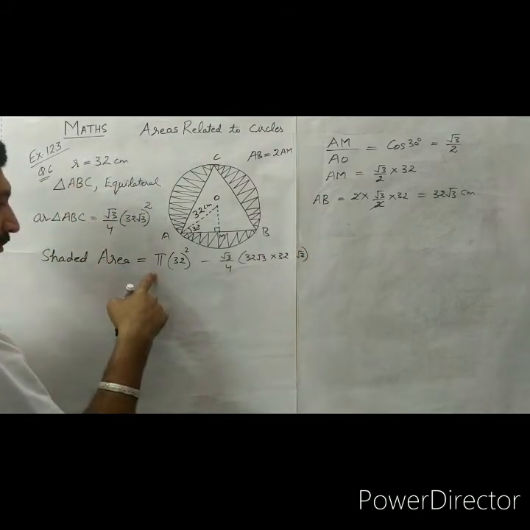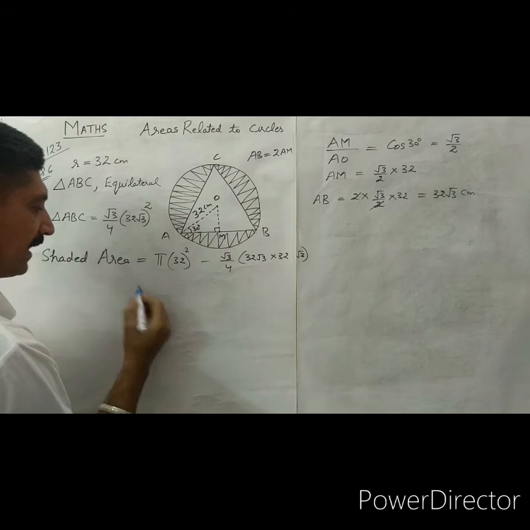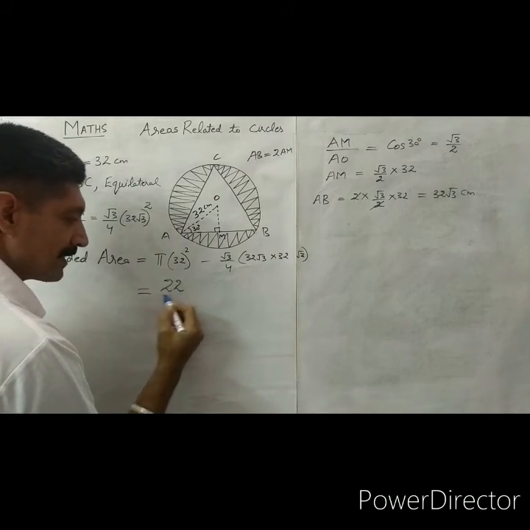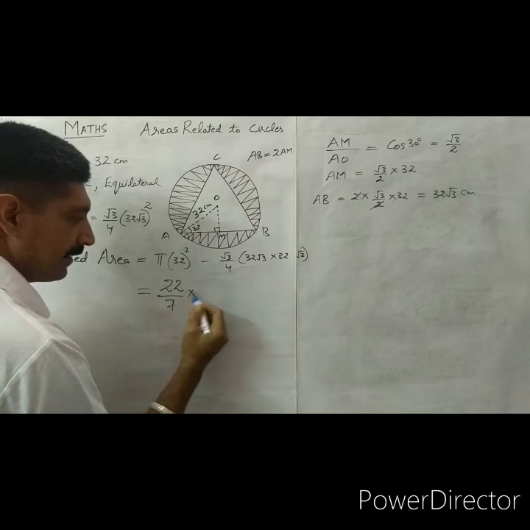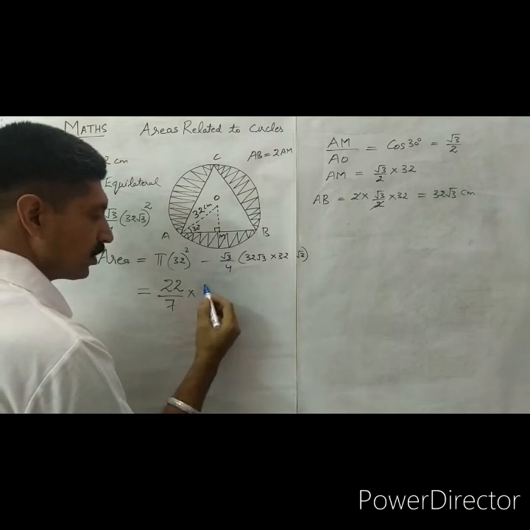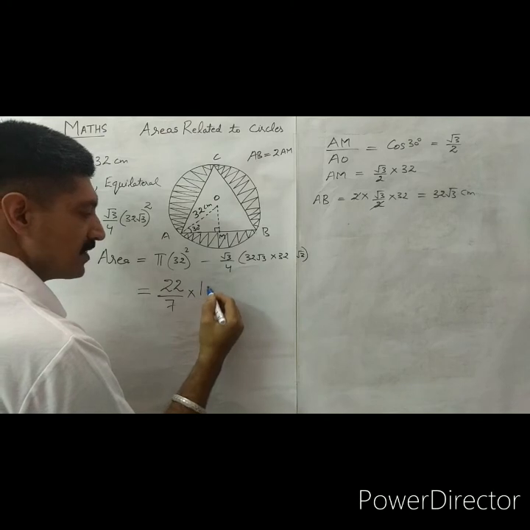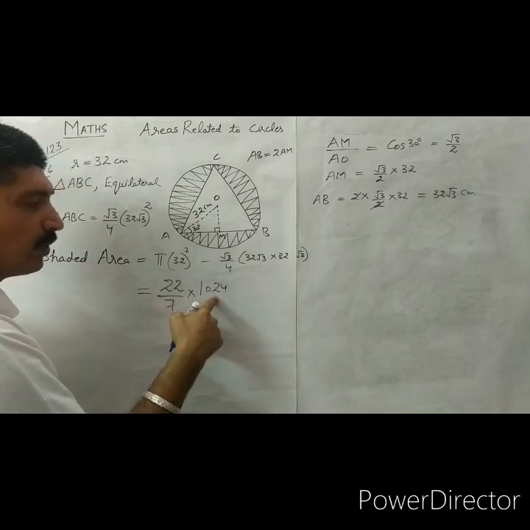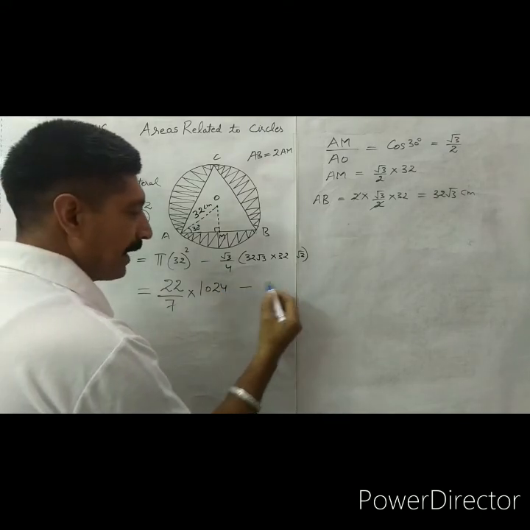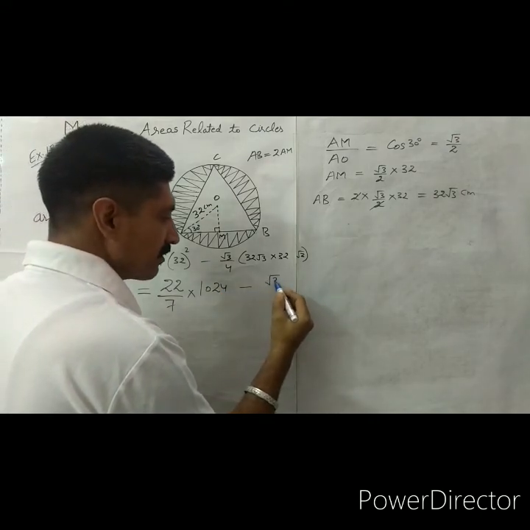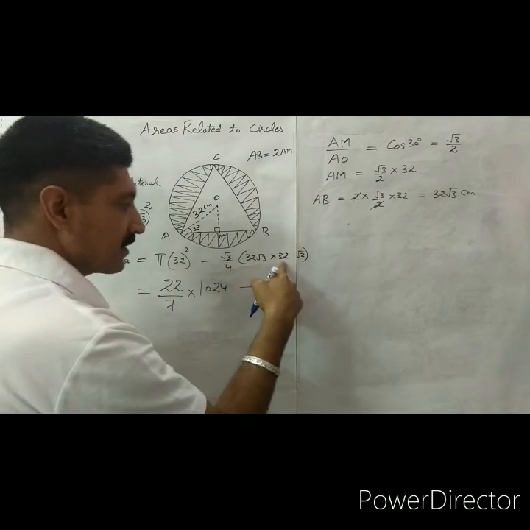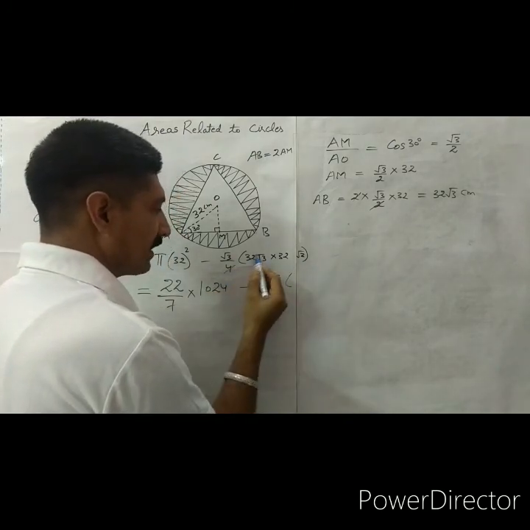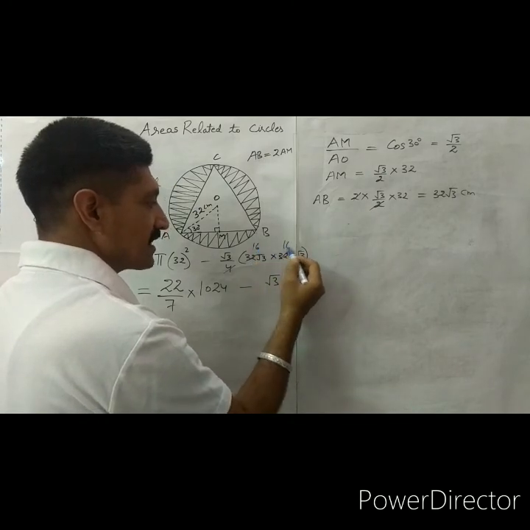So here we'll put the value of pi 22 upon 7 and 32 into 32, that is 1024. 32 into 32, 1024, and here minus under root 3, 4, 16 into 16, that is, because here 4 will, it is 16,